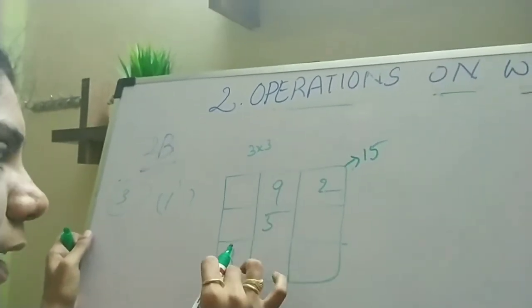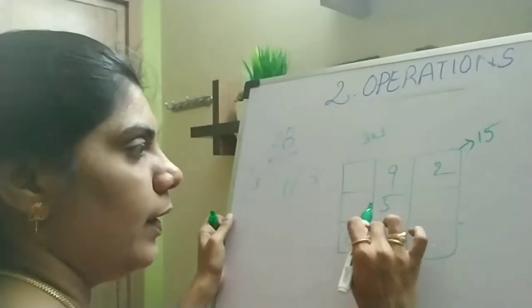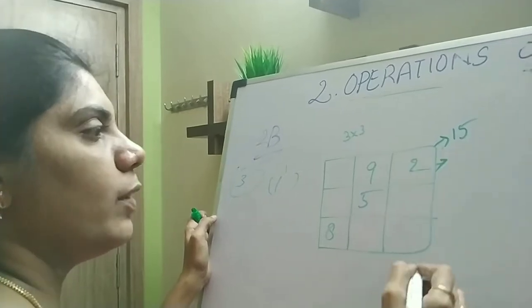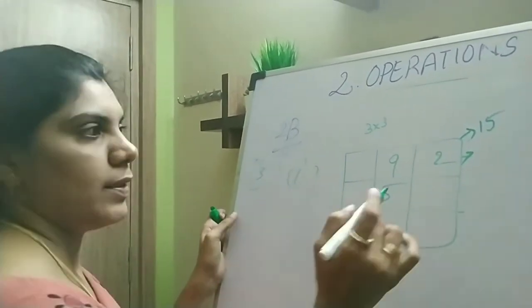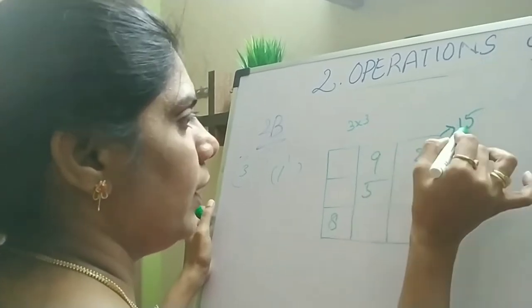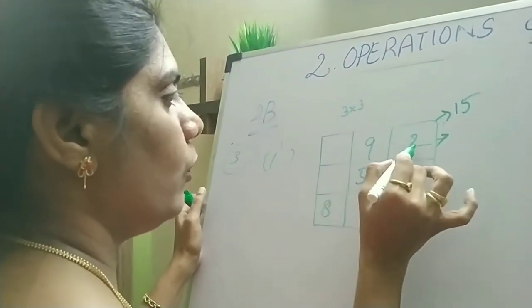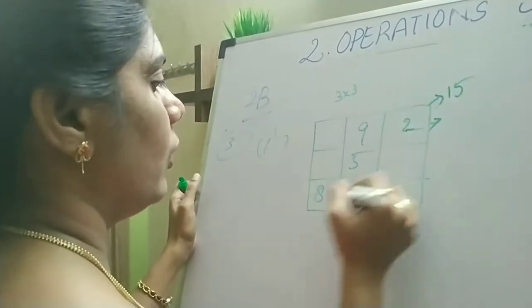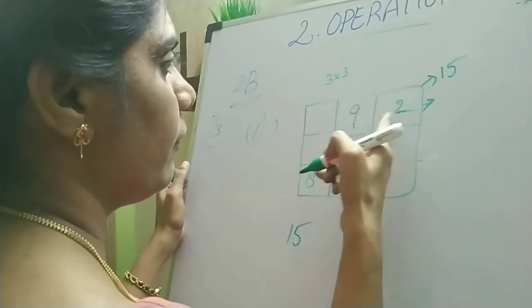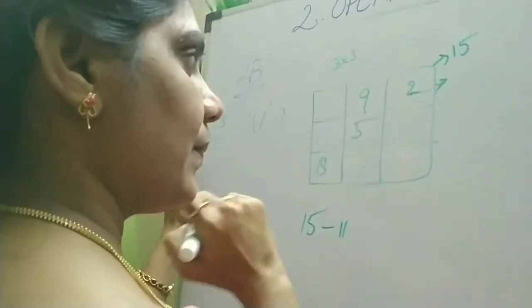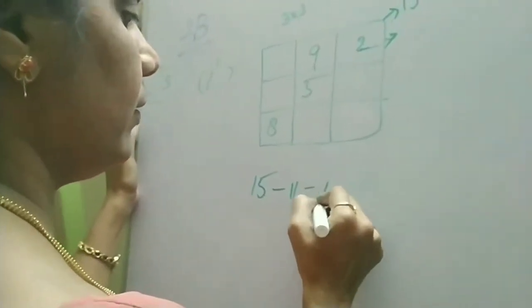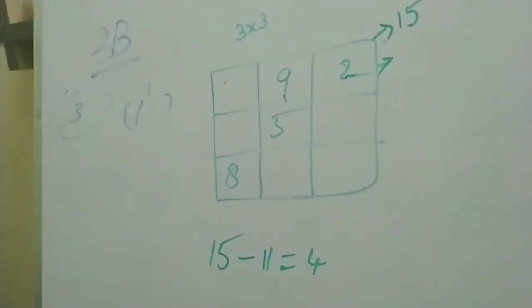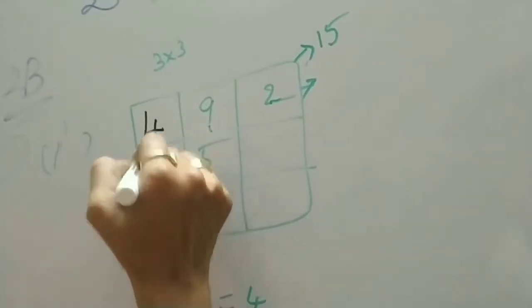How can we say that? We can say that by observing this diagonal format. Diagonally, if you add all the numbers, you get 15. So definitely you will get 15 if you add the numbers in the other lines too. The sum will be 15, that we know. Here we know the remaining 2 numbers: 9 plus 2 means 11. So the sum must be 15, and 15 minus 11 is 4. So this number must be 4.